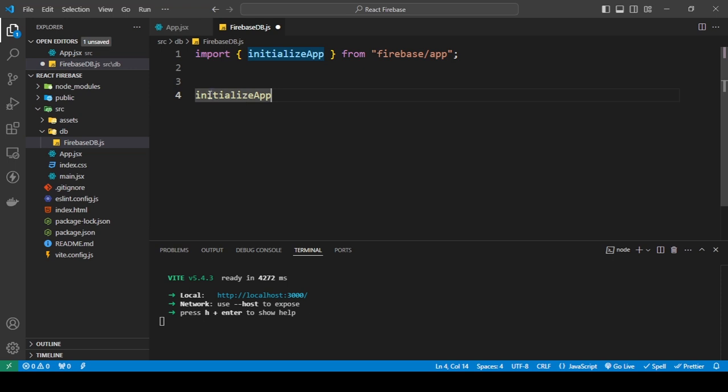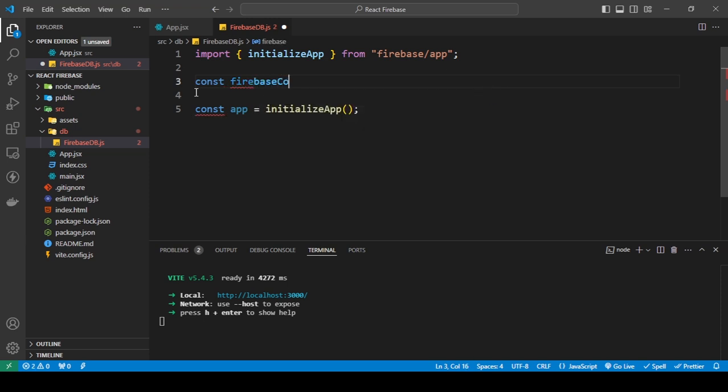What we're going to do with this is make it a constant: app is equal to initializeApp, and above this I'm going to create a constant